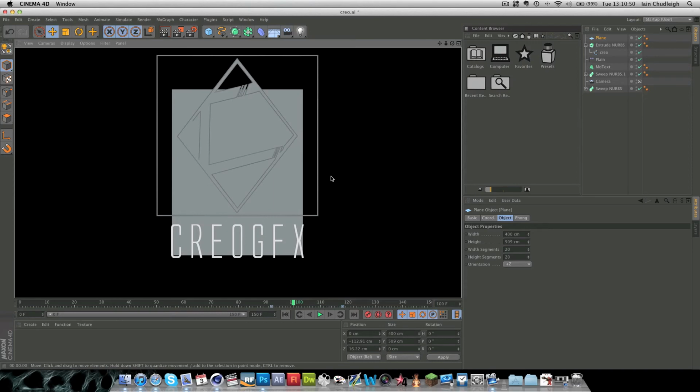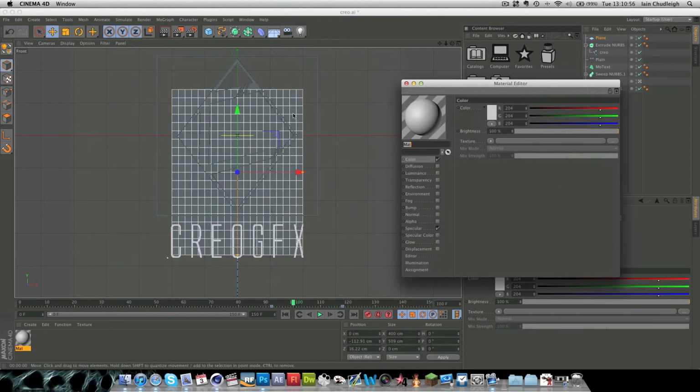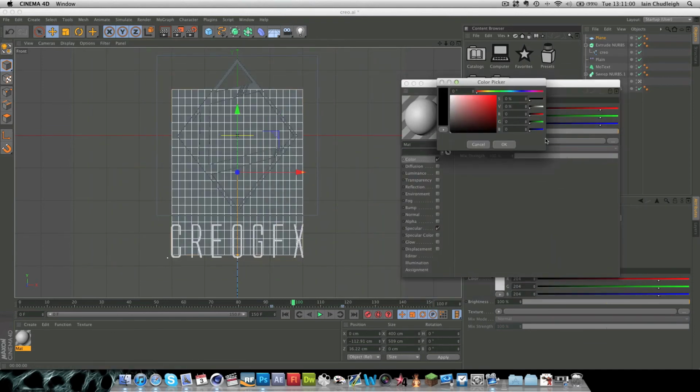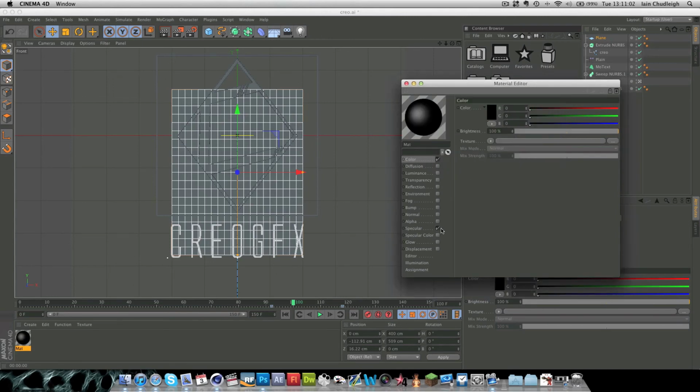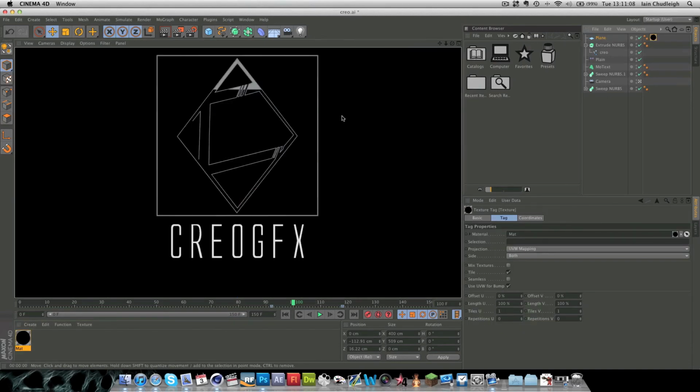So that's all the animation done, and for the textures, there's only 2 textures that we need. To make sure you can't see the plane, you just want to make a completely black object and turn off specular, so it is just a black material, and drag that onto your plane. So now you can see that you can't see it at all,